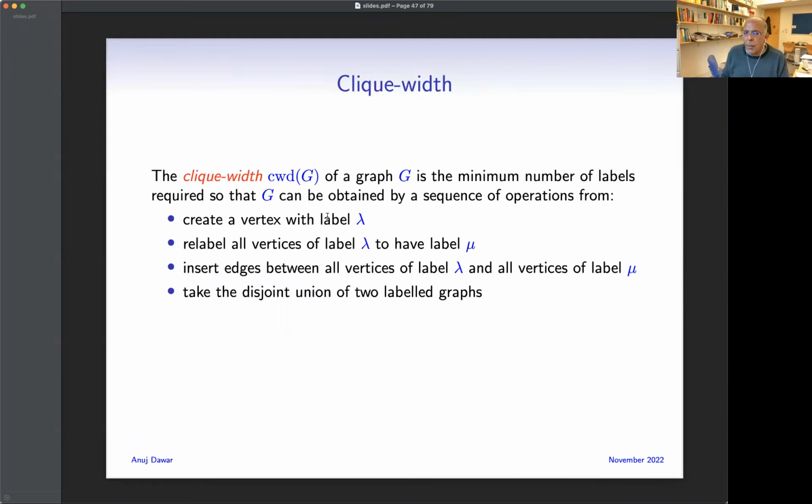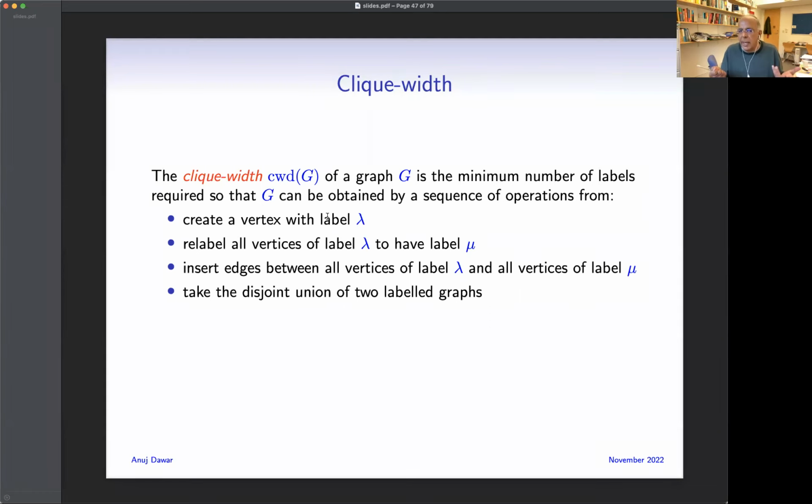Okay, formally, the definition of clique width, you don't need to know this for the purpose of this talk, but basically the clique width of a graph is defined as the minimum number of labels so that G can be obtained by a sequence of operations where you create a vertex with label lambda, right? So essentially, if you want to construct the graph G, and you are allowed the following operations: